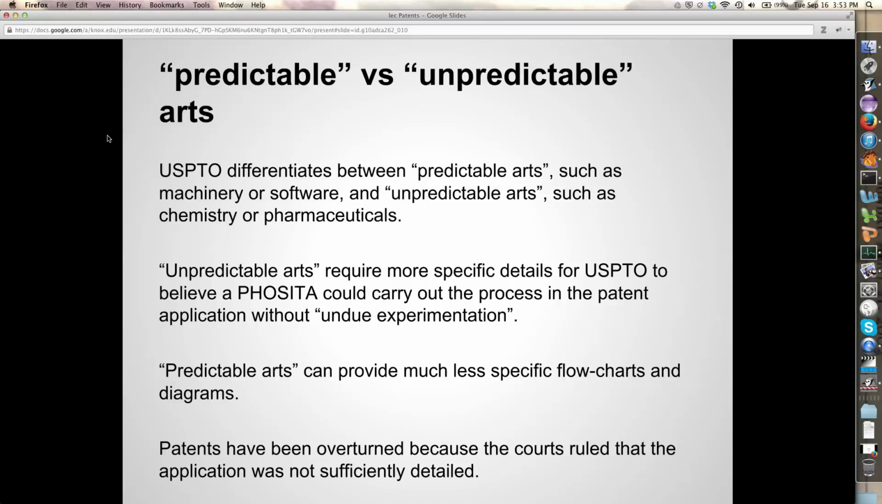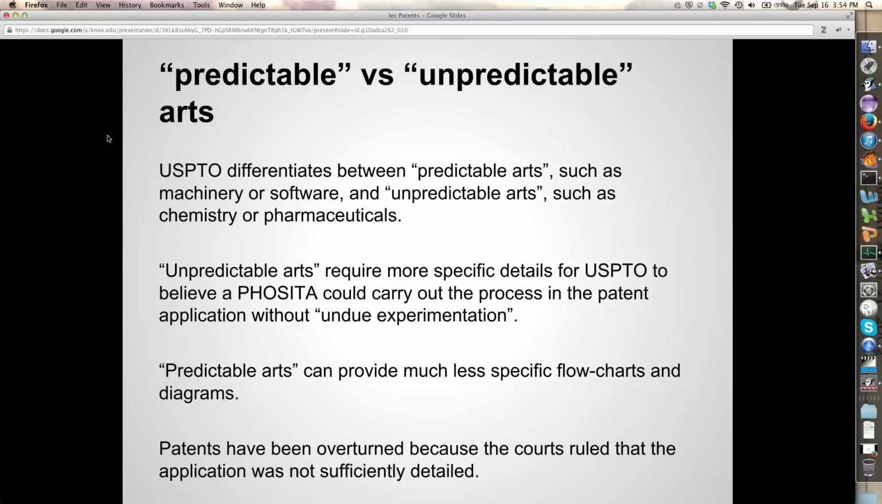So the patent office will differentiate between predictable arts, where they tend to look at machinery or software, and unpredictable arts such as chemistry or pharmaceuticals. Unpredictable arts require much more specific details for the patent office to assume that a person with ordinary skill in the arts could actually carry out the process. This is why software patents tend to be very vague, because they're lumped in with machinery,